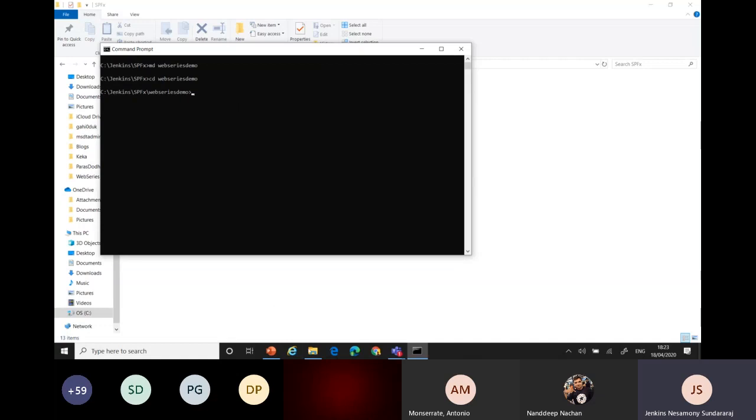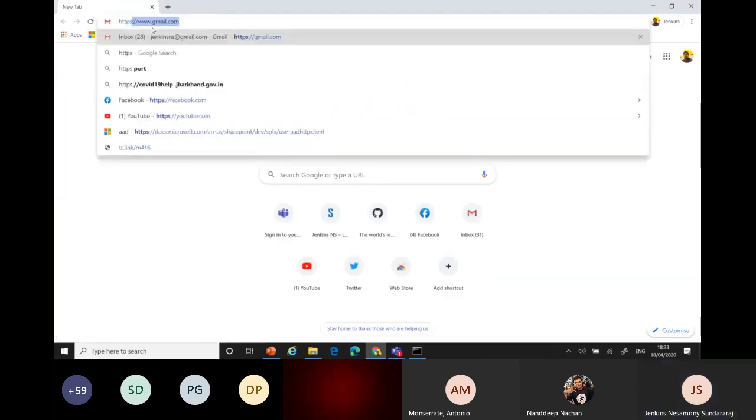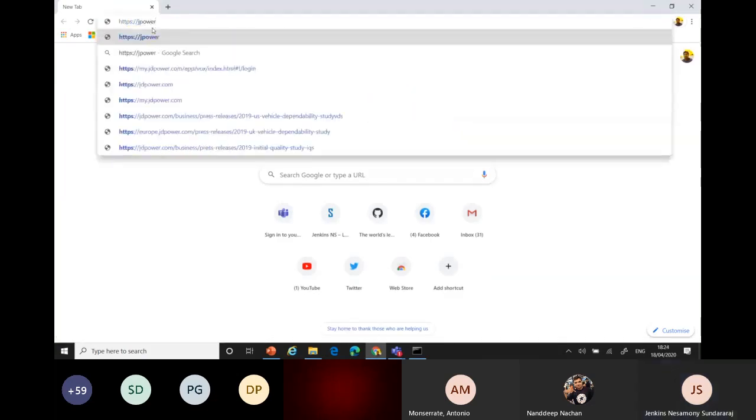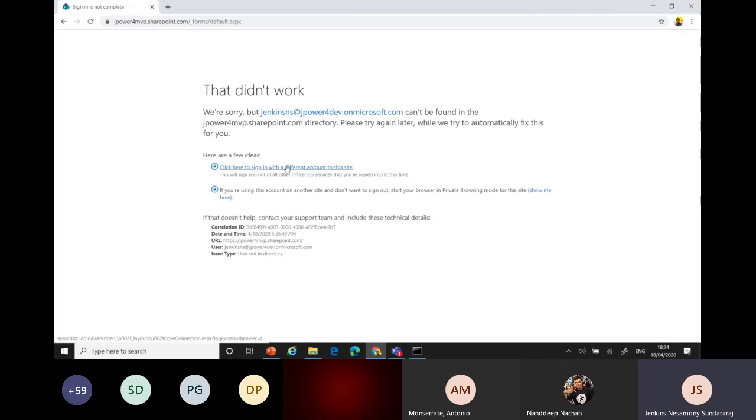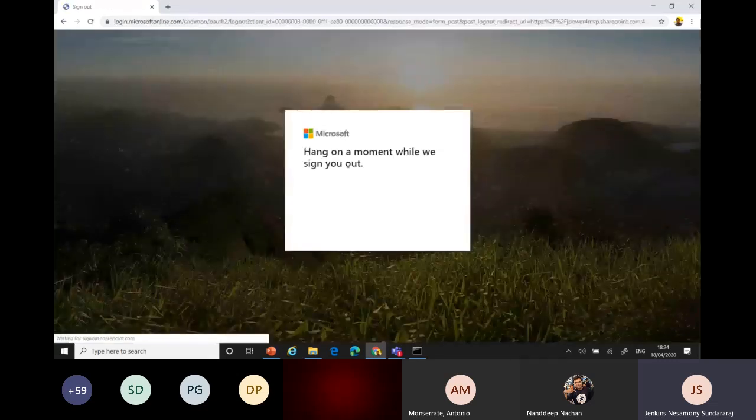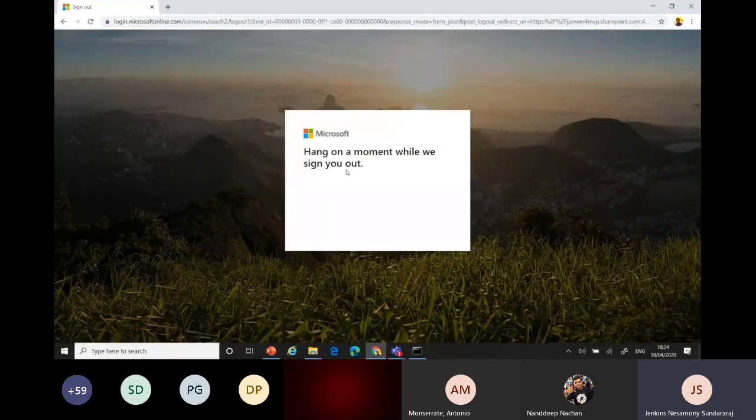For this example, I created one SharePoint list to get the values. I already created it because we have a short time, right? I can go fast. I need to show two examples. Just logging into the SharePoint site.